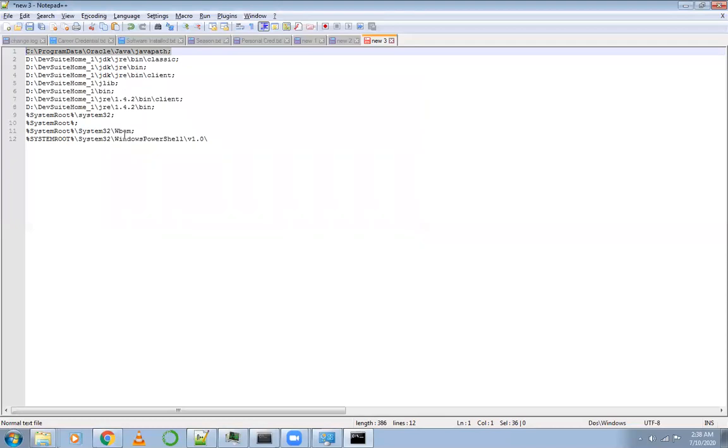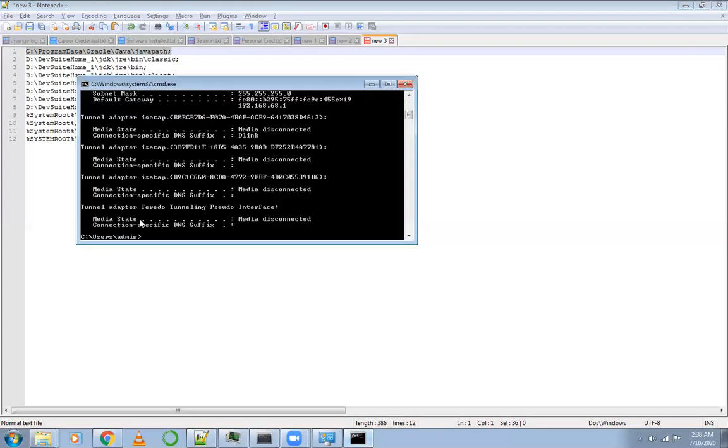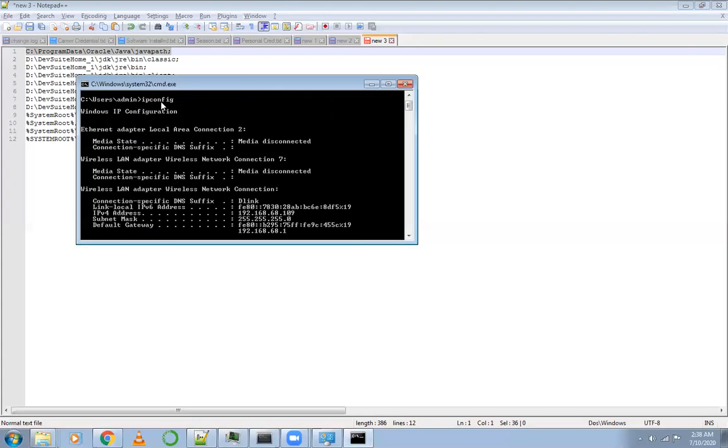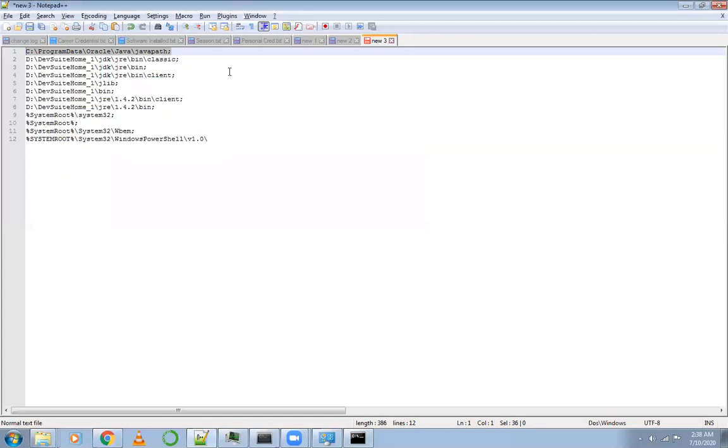Once you type ipconfig in the command prompt, it goes via each and every path and tries to find the ipconfig file there. Once it finds the ipconfig file in one of these paths, it will run the command successfully in the command prompt.